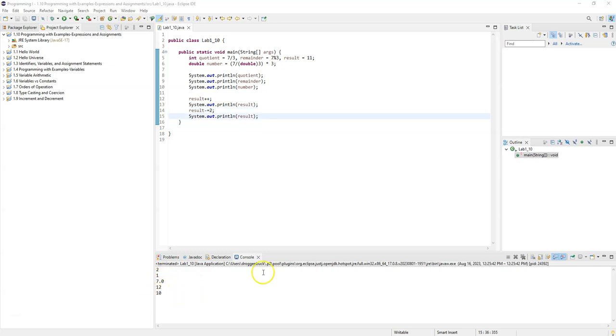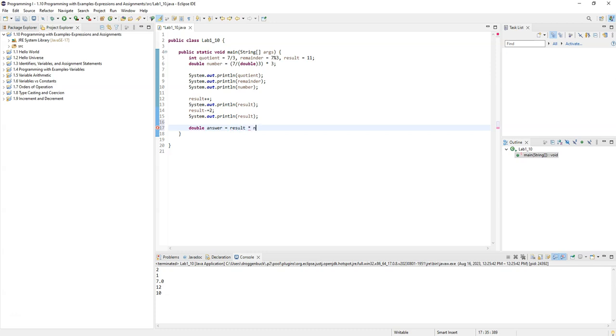All right, let's do one more example here, and let's do something where we can involve both our integers and our doubles. So let's grab result, and let's use that with number. Let's say we want to do a new value. Let's make this one a double, and we're going to call this, let's say, answer. And we're going to have this equal result